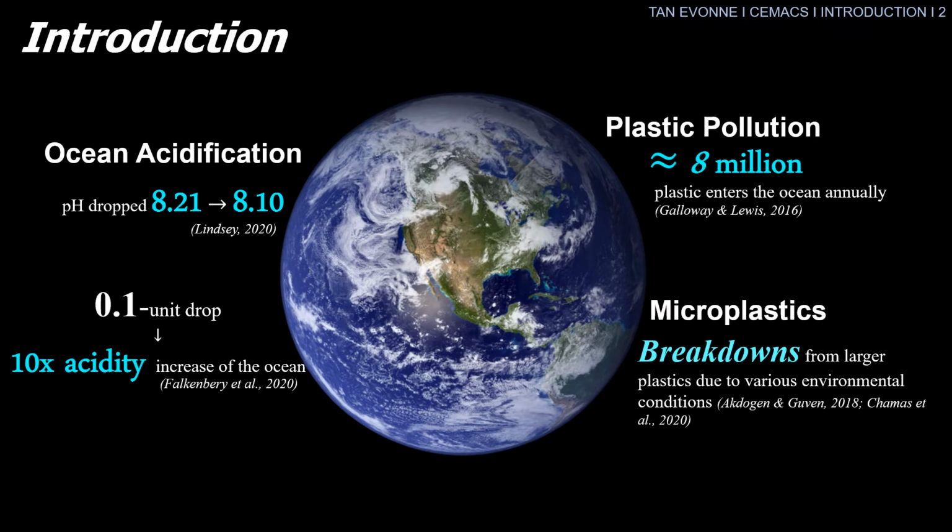Moving on to plastic pollution. It has been estimated about 8 million tons of plastics enter the ocean annually. The ocean is piling up with plastic debris because we as humans rely strongly on plastic products every day in our lives. For example, single-use plastic bottles, containers, utensils, and not to mention the mismanagement of waste on land contributes to the accumulation of plastic waste in the marine environment.